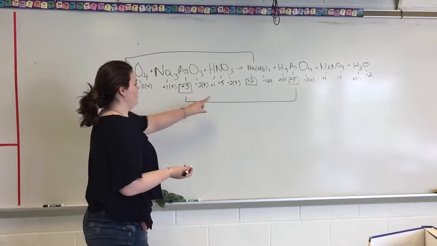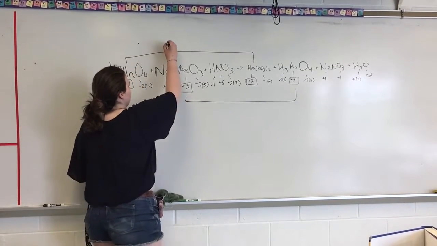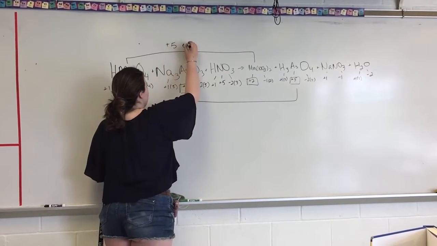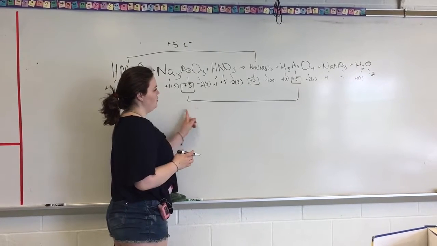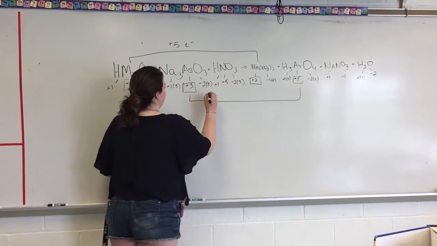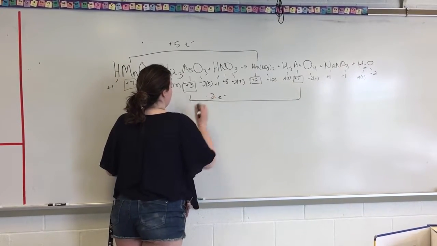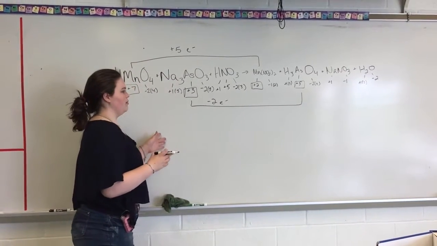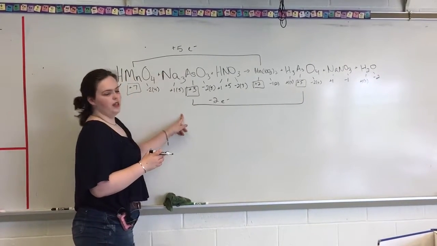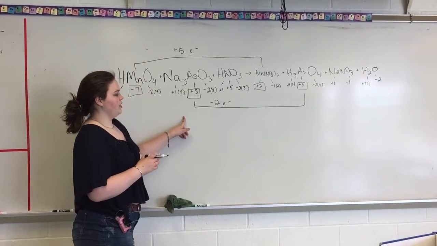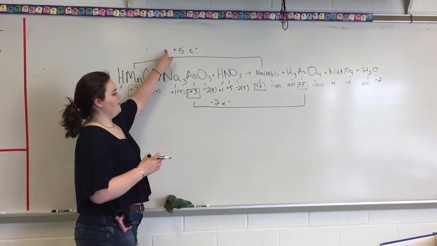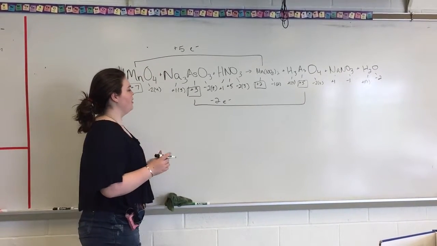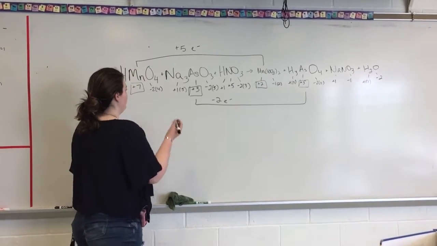Now here, you had a gain of 5 electrons, so you're going to write +5e-. And here, you had a loss of 2 electrons, so you're going to write -2. And now you'll determine what number you have to multiply each by in order to get an equal amount of electrons. In this case, we'd have to multiply the 5 by 2 and this by 5. So that means that you're going to have